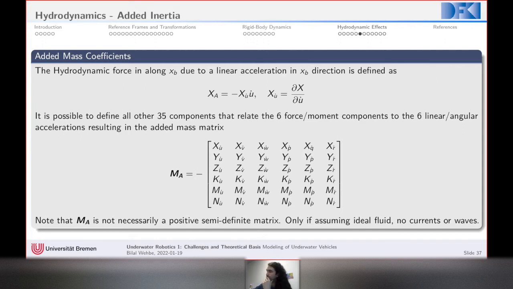Yeah, I had the question, isn't this in a sense the same as moving through air, but maybe that's negligible? Yeah, exactly. So it's not exactly the same because air is also compressible. Fluids or water is assumed to be incompressible. So the equations also change a little bit, but Navier-Stokes equations take care also of the density. So if a fluid is compressible, that will also be taken care of. So usually we neglect them for land robots or some manipulator arm in air because this effect is going to